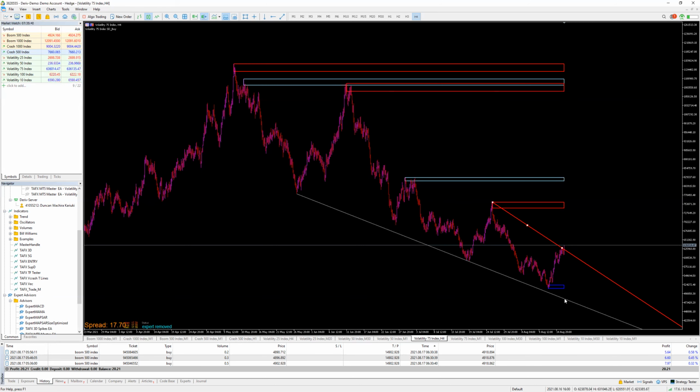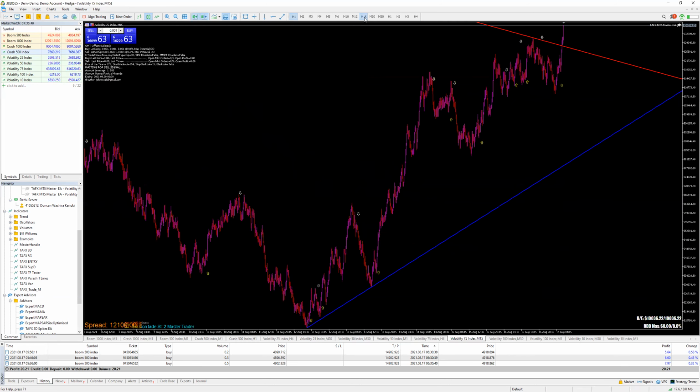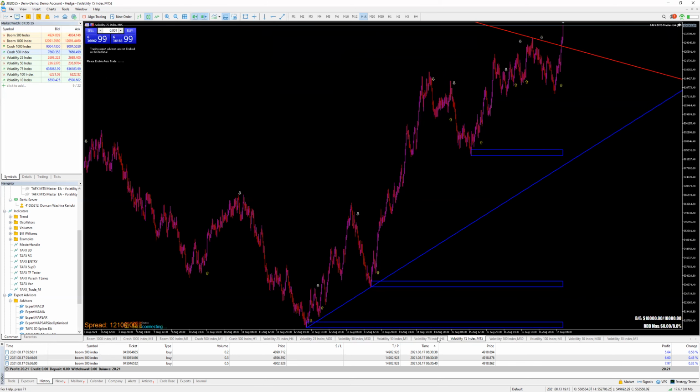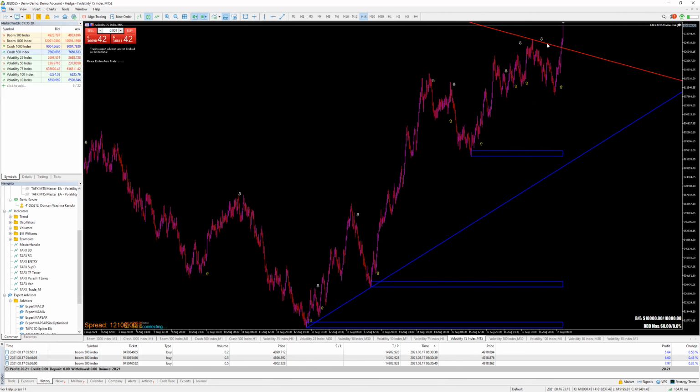Now, after identifying these zones, here there will be a buy. Now, let's go to V75 in minute 15. Remember, this one is for minute 15, and we have these 4 hours. This means that in minute 15, our robot will be looking only for buys as long as we have a supply and demand zone here. And now because we have hit the trade line at this place, if you are using the strategy tool, this means that it will still buy in minute 15 because there is nothing hindering